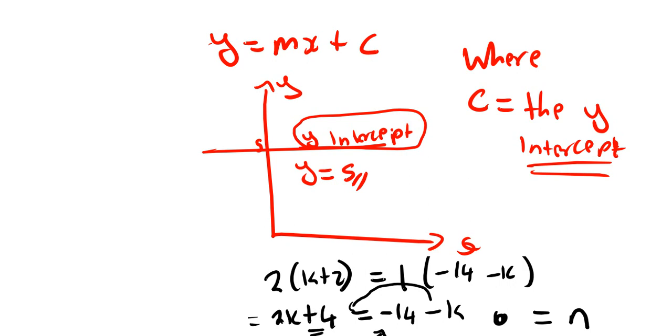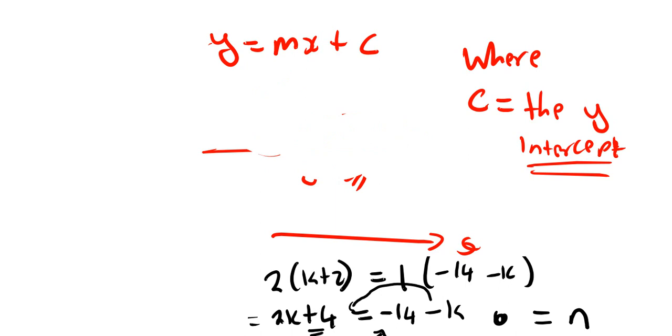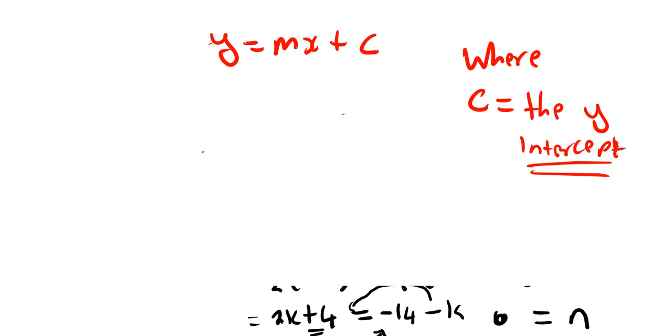Let's proceed. Let me just try to do this. Alright, so now we have already stated that c is basically the y-intercept. Then what is m? m is the gradient. I just want you to understand the exact location of the gradient, because they can give you questions like,